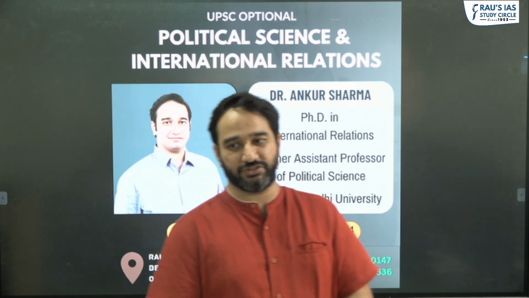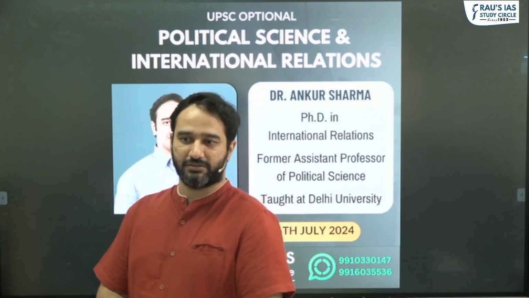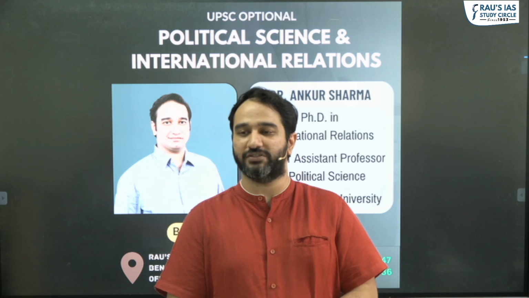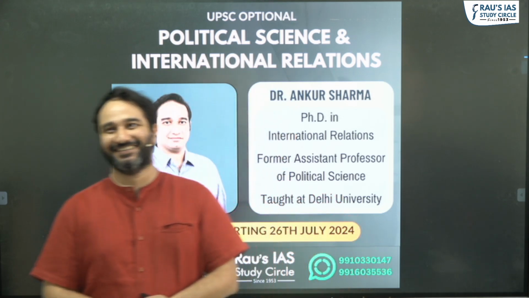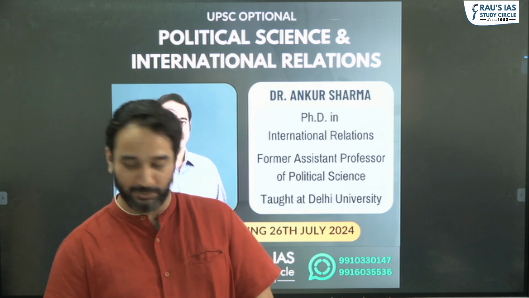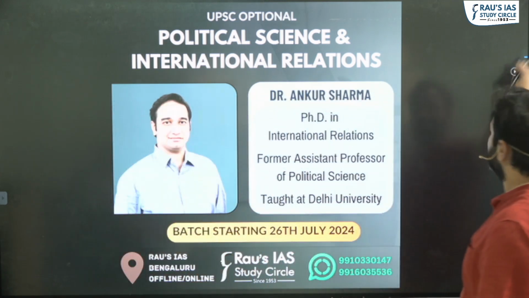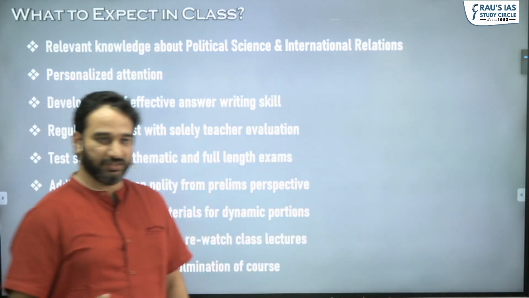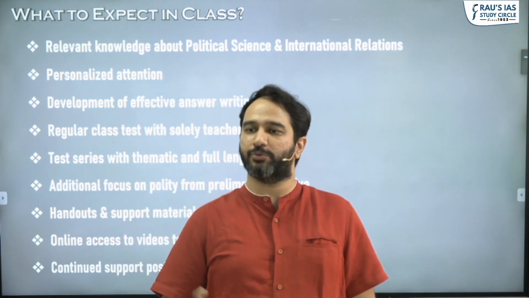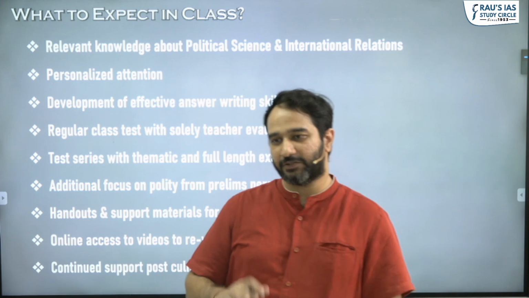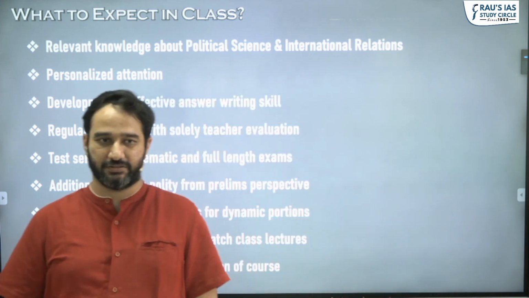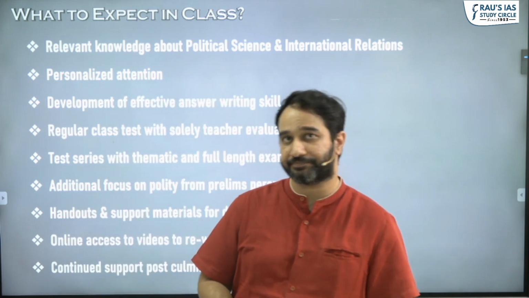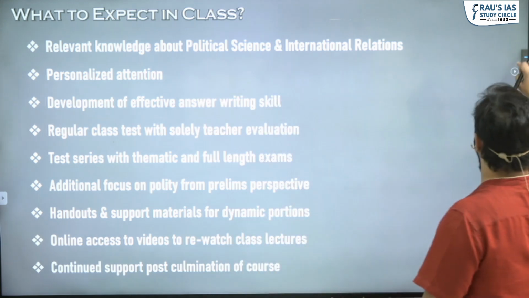As far as today's orientation is concerned, it would be similar to the one that we had earlier. The only difference is, hopefully, the students. How we would start the orientation is, we'll talk about the syllabus for political science and international relations. The second part is how it would help you for your general studies. And the third part is what you can expect in the classes. These are the three things we'll cover in this orientation. Let me first talk about the syllabus.